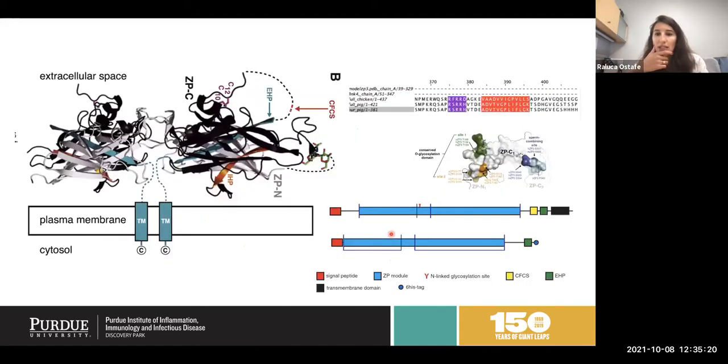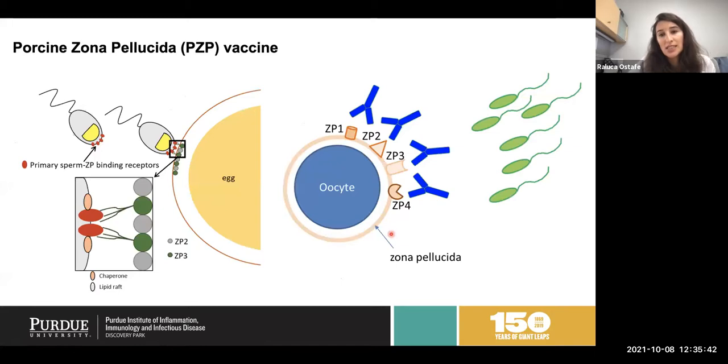So this project just started. We are now looking at different parts of the proteins that we would want to express. There have been publications for quite some time that they are trying to express these proteins, and they prove to be relatively difficult. The reason for that is that these proteins are normally polymerizing in the zona pellucida area, so